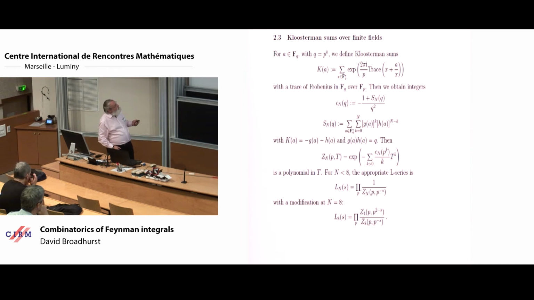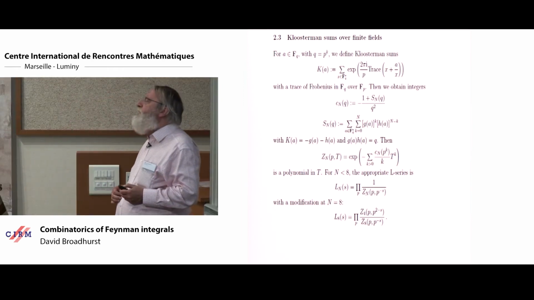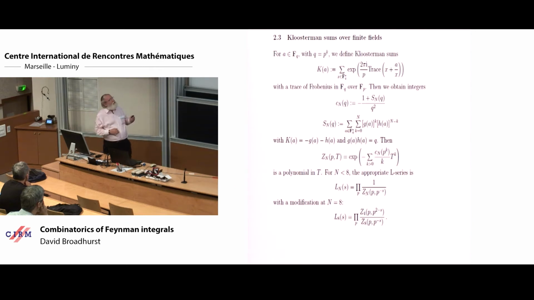We go to mathematicians and say, what's the closest you can get to a Bessel function in a finite field f of q? Well, a Bessel function is something like the integral dx of x of t plus 1 upon t times x, or something like that. So they come up with a prescription in finite fields. Here we see finite field with characteristic p. Here we see a pth root of unity, because what I do is I take the primitive pth root of unity and I raise it to a power given by a trace of Frobenius in f of q over f of p,